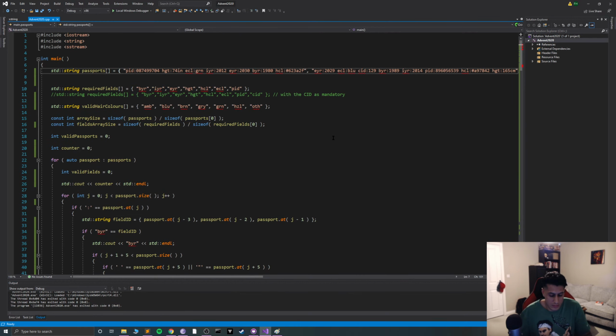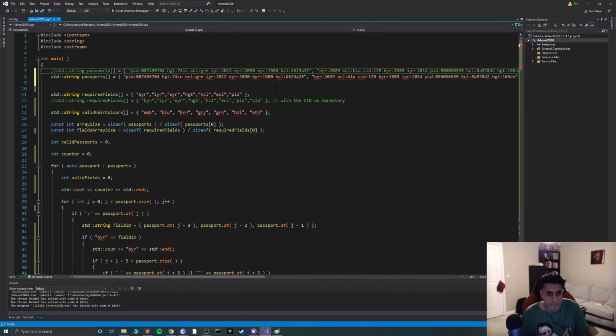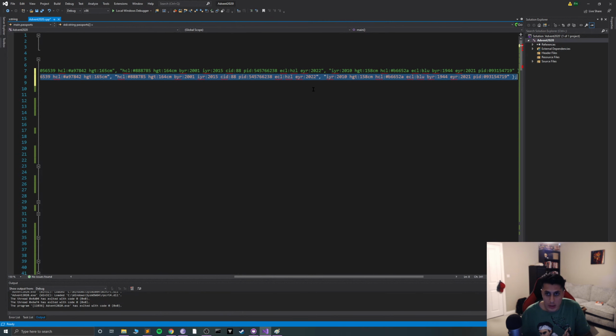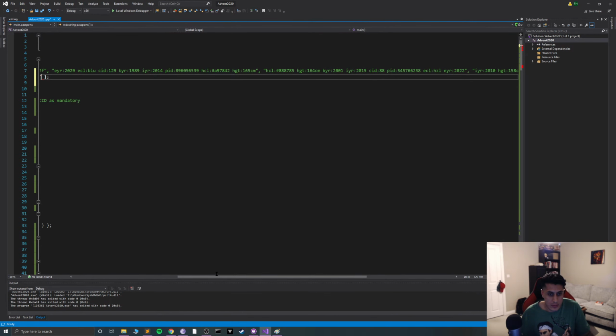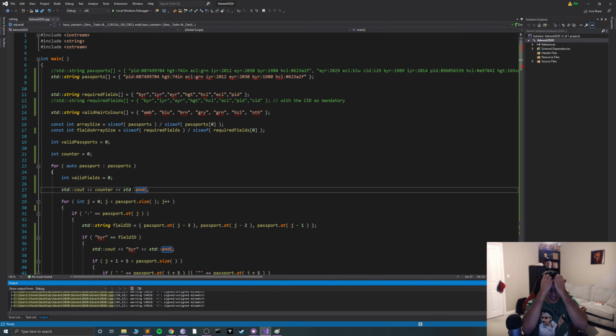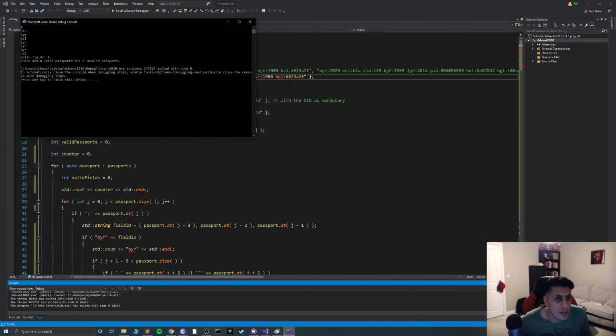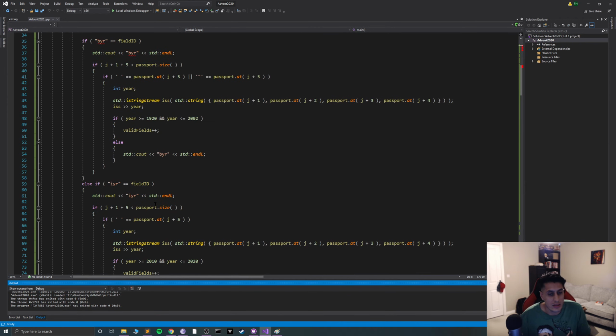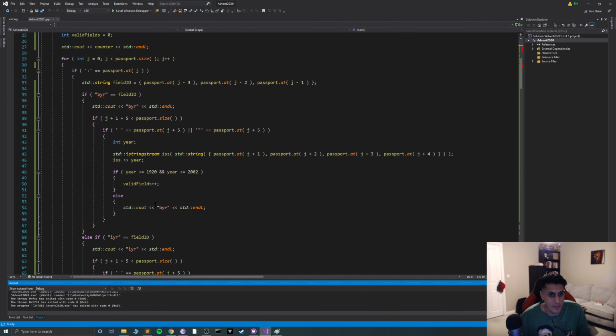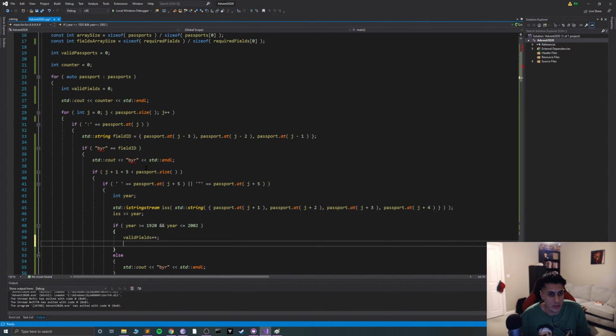So let me just duplicate this. And if we give that a run, it is for some reason only coming up with 5 valid fields, and there's 1, 2, 3, 4, 5, 6, 7. And if you look, all the fields, it is going into each one of the fields. So now what we are going to say is, in each success field, we're going to say